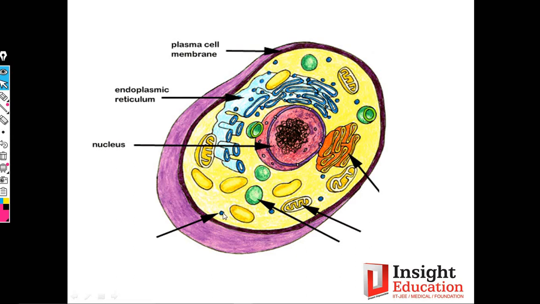Okay, yeah, this part. Can you name it? Yes, you can guess on the basis of these structures which are embedded on the surface of the endoplasmic reticulum, and from that you can identify it as a ribosome. Also, these are the smallest organelles. From that also you can identify that these are ribosomes. Okay, so this structure, is it a smooth endoplasmic reticulum? No, it is Golgi apparatus. How have you come to this conclusion? Because the ends of this structure, the tubules of this structure, have a swollen part, slightly bulged. That's why Golgi apparatus.